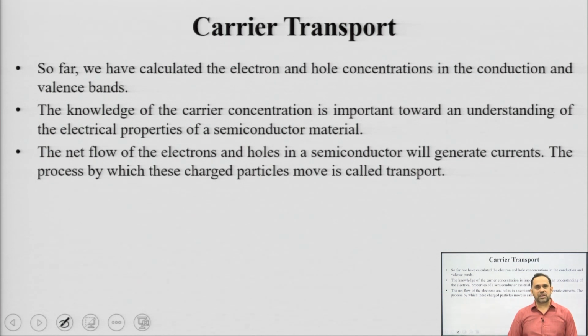See, all the semiconductor devices, or for that reason we can use the word electronic devices also, have a primary objective of generating appreciable amount of current for any applied voltage. And when we are talking about current, we are interested in charge also, and charge is produced by two types of charge carriers in semiconductor devices, mainly electrons and holes. So, we have calculated so far how many electrons are available per unit volume in the conduction band, which is your electron concentration. If you remember the equation, we denote electron concentration by N, and it is given as